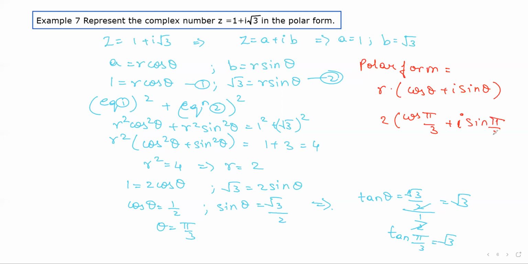You do not have to solve it. This is your polar form itself, because if you solve it, you will end up with the original given equation, z is equal to 1 plus i root 3. Next,